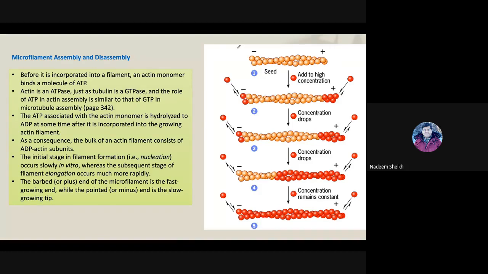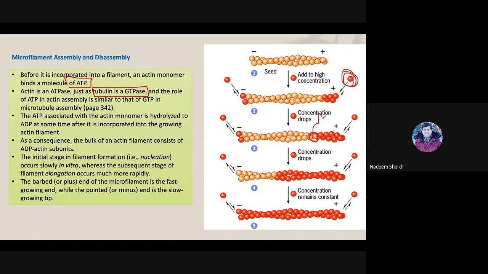When we talk about its assembly, for assembly we need ATP, just like for tubulin polymerization we had GTP. So soon this ATP-attached actin molecule comes and binds at the plus end. It is converted into